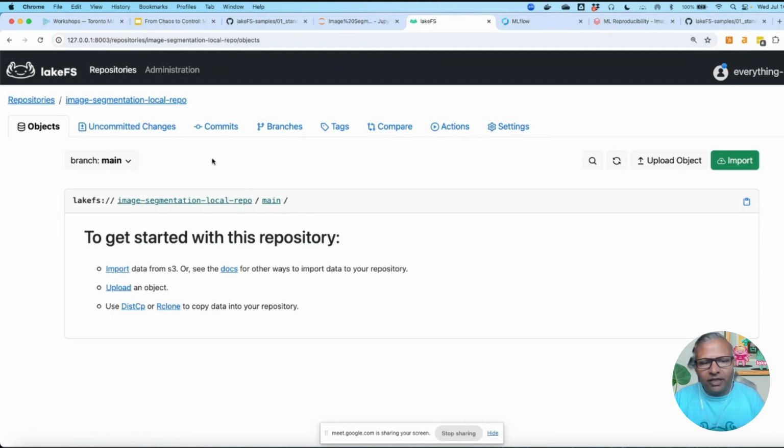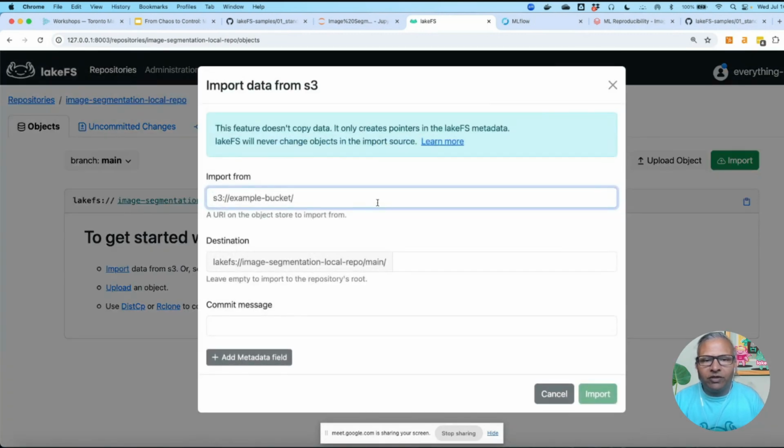To bring the data set into the LakeFS repository, there are two ways you can bring the object data set into LakeFS. One is by using import. Let's say you already have your data set in a separate storage, you can just import from that. When we import, we don't copy the data set. We just get the pointers to those files. So let's say you have millions and billions of files in a separate bucket or separate storage, you can just import from there. And that import process will take only a couple of seconds,